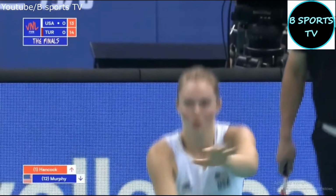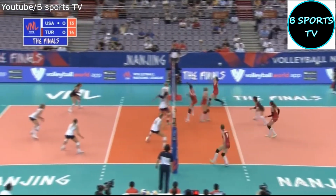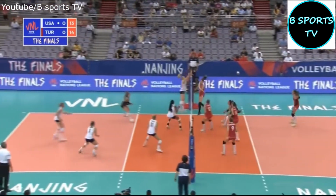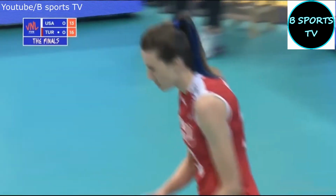Misha Hancock comes in as the new setter. And then Drews comes in to replace the setter Lloyd in front court. Effectively, USA going to extend their run of tall blockers in the front line. Sometimes works, sometimes...